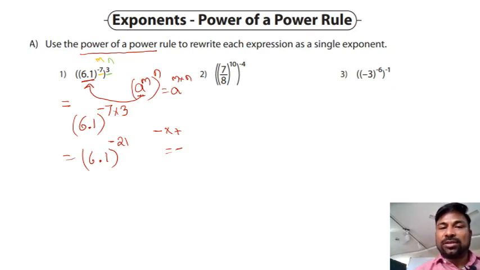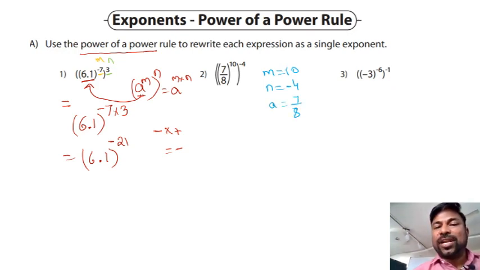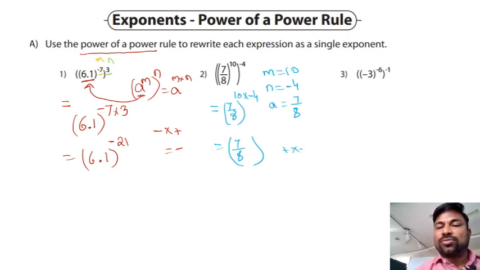Now let us come back to the second question here. Here m equals 10 and n equals minus 4, and the base a is equal to 7 by 8. If we apply the formula there, a to the power m into n, which equals 7 by 8 whole to the power, let us multiply the top and the top, right? 10 into minus 4, which equals 7 by 8 whole to the power 10 into again plus into minus, we get it as minus. When two different signs are getting multiplied, we get a minus. So it is nothing but minus